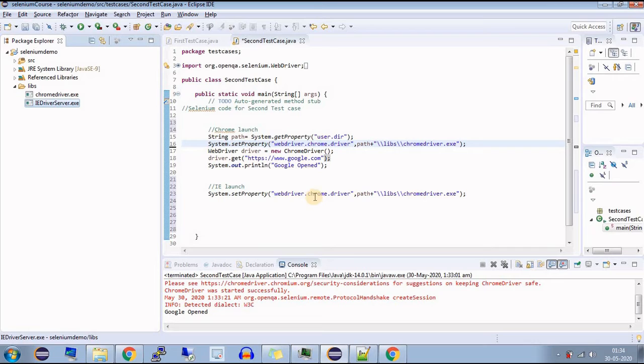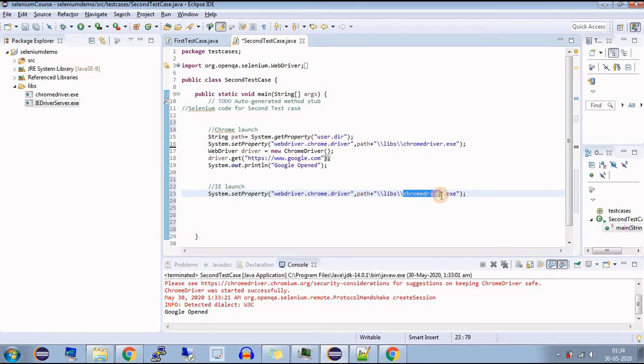Okay, so now I just need to change the file name here, that is IEDriverServer.exe, because the same file is available in libs folder. Okay, so the System.setProperty line is perfectly ready. Okay, so one more change is we have to update the token, replace the Chrome word by IE. So we are ready with this line.